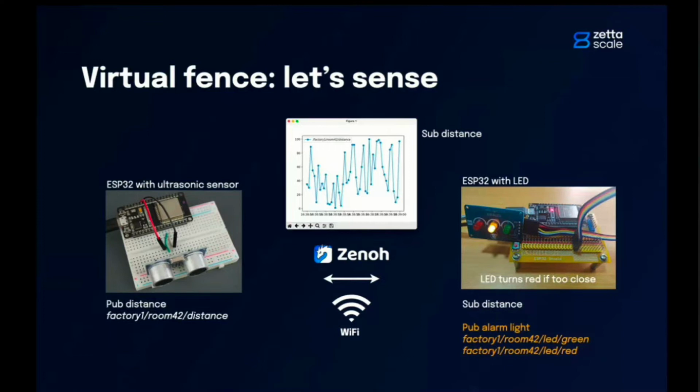And then we have another microcontroller that is subscribing to this same data. At the same time, we also have this kind of control room where we are going to show the plot of the data so you can see what is being published. So everything is happening with Zenoh. So now, if I move here,